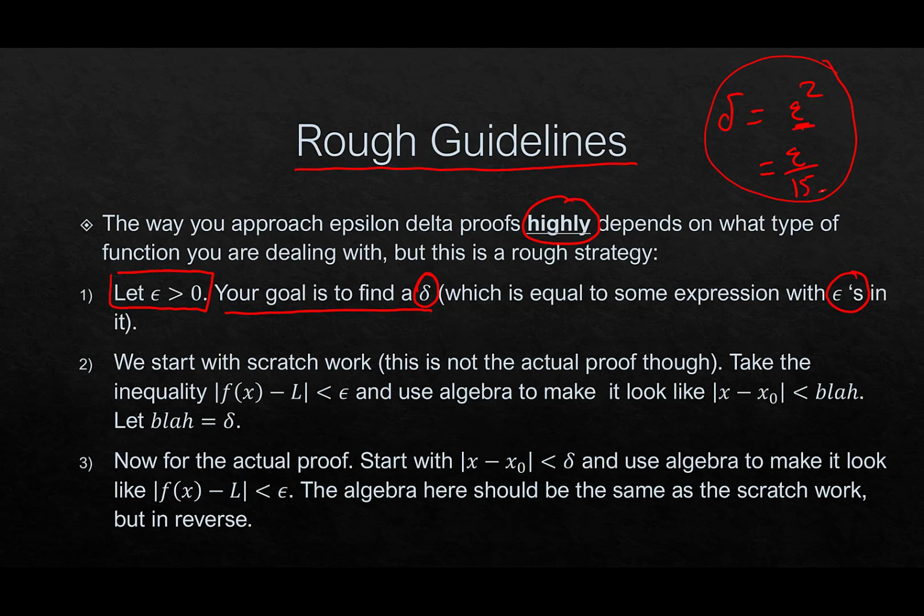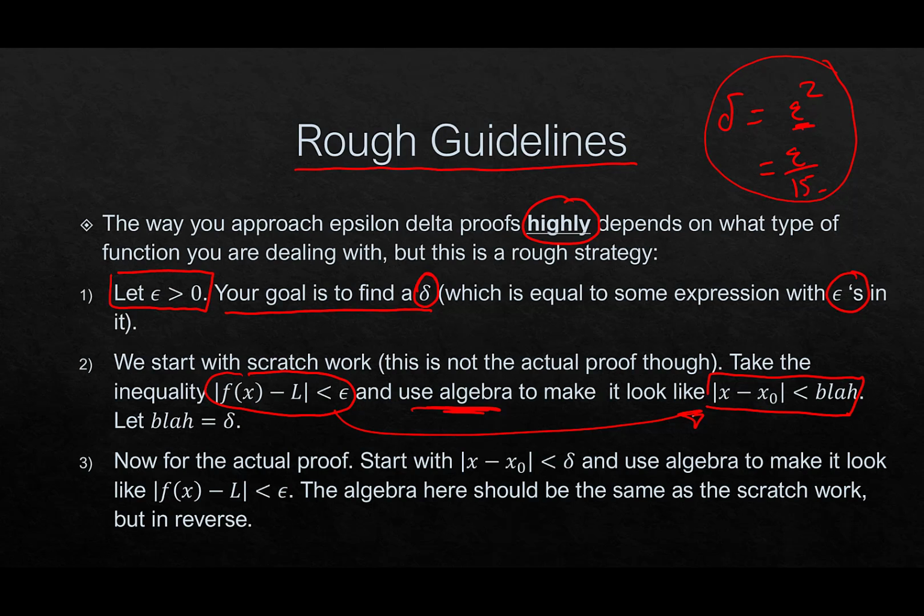Okay. Now, when you go to prove a limit exists using this epsilon delta definition, usually what we do, and if you've taken 322, this is the backwards question. We usually start with this inequality here, and we use some kind of algebra to make it look like this. Okay, so we start with sort of what we want to prove. The distance between f of x and L is less than epsilon, and then we somehow use algebra to make that look like the distance between x minus x naught is less than some blah. And then whatever that blah is, that's what we let delta be, and then we're good to go.